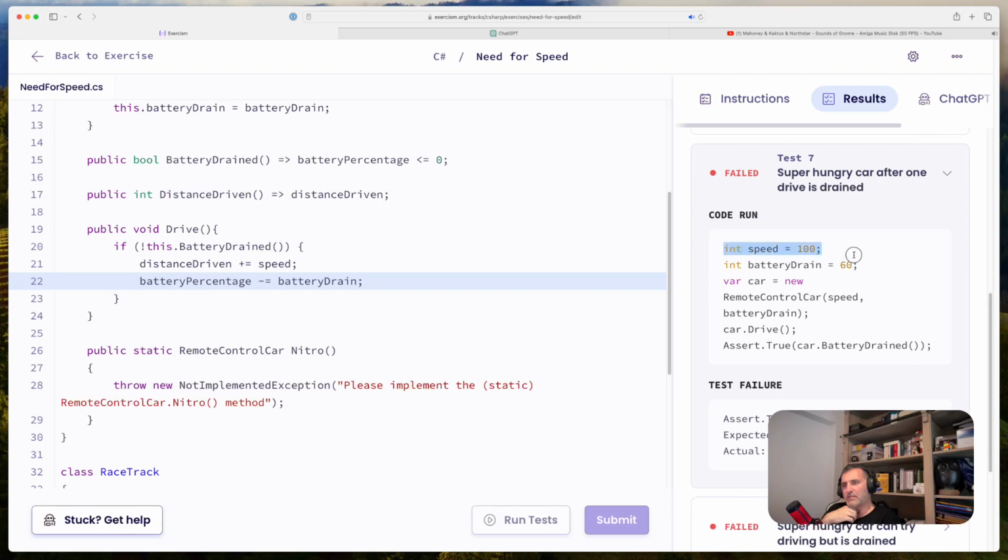If speed is 100 and battery drain is 60,